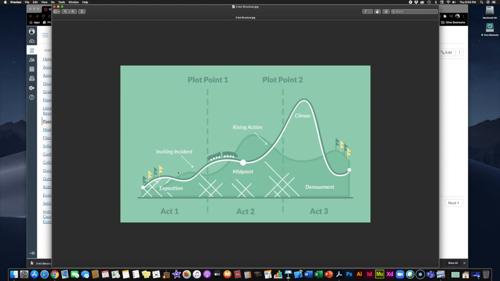And it's not a coincidence that this particular graphic is drawn like a roller coaster, right? You've all probably been on roller coasters at one point or another, or at least seen them. You get the idea of a roller coaster, right? It starts out slowly and then gets busier and busier and then gets really exciting at a certain point, and then goes from there. So if we keep the metaphor of the roller coaster in mind, you'll see that it's broken down into 3 major arcs. Now, pretty much every story has a 3-act structure at its base. That doesn't mean that every story is exactly a 3-act structure, but it does make a good foundation.